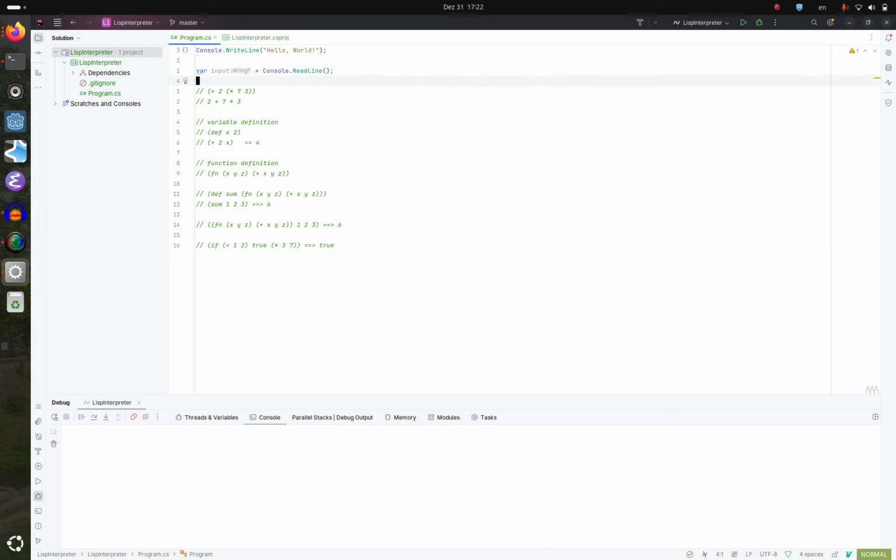I'm gonna split this up into parts. I also need string manipulation because later, if possible, I'm not sure yet, I want to implement the Lisp parser I'm building here in C# in my own Lisp language, which I'm defining here. So I would like to bootstrap myself. Essentially then I have a very simple compiler, which would be really cool. I'm not sure if that's possible, we will see, but I will need